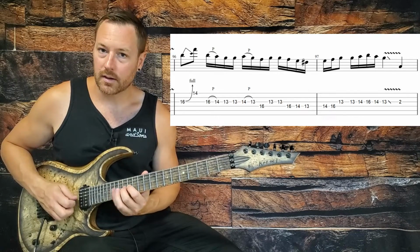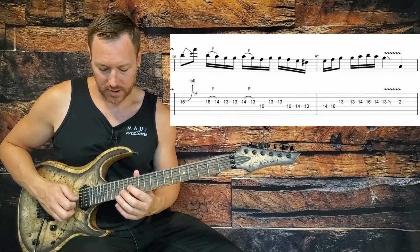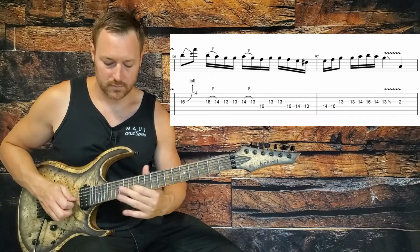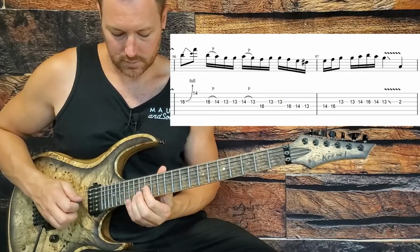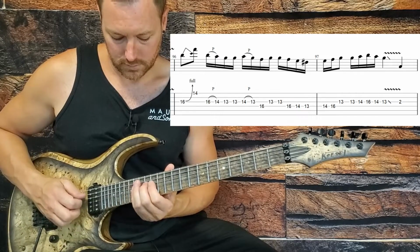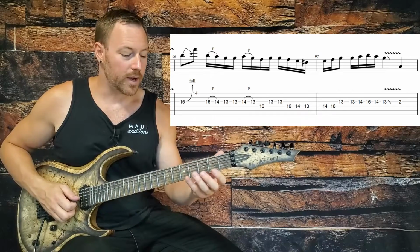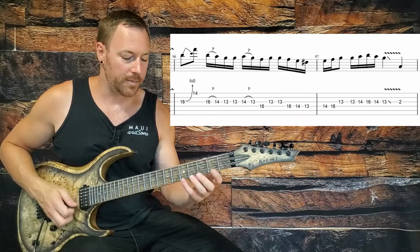Now we have this. Okay, and that's just a little walk up and down the G string. 13, 14, 16, 14, 13. Give that 13th fret a nice little vibrato at the end there. Now we come down to the 2nd and 4th frets on the G string, and this whole lick that's coming up is directly